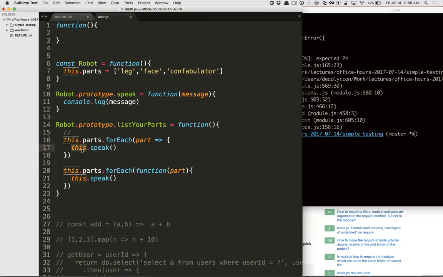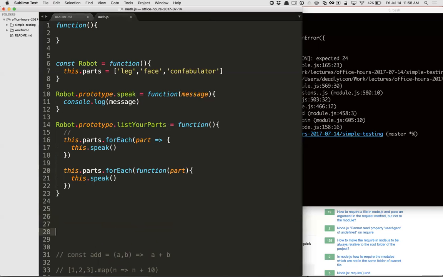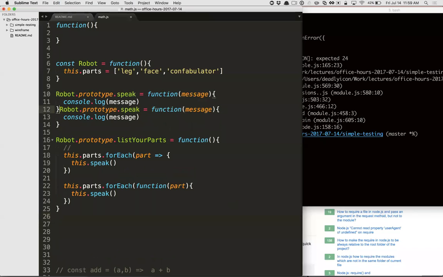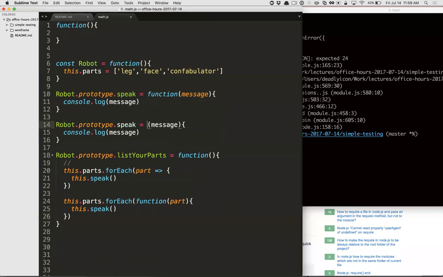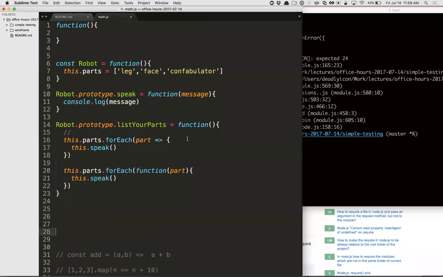Let me show you a simpler example. But man, we're running out of time. I don't have time to go into another example. But another example of where things would break is if I tried to use an arrow function here. Well, no, that technically wouldn't break, but here it would break.